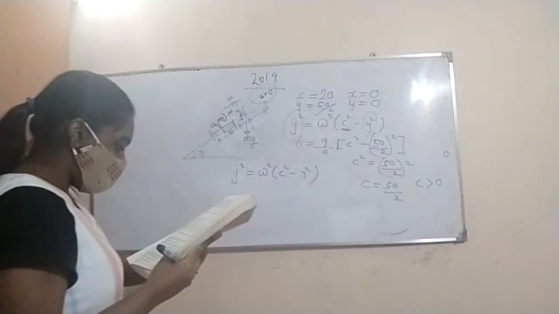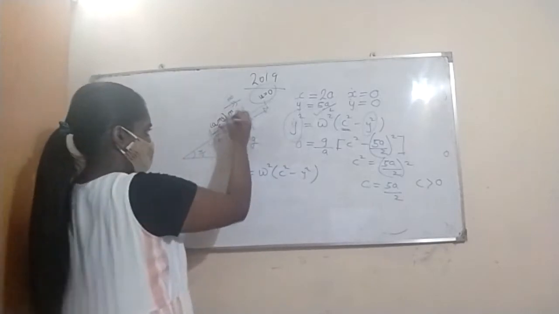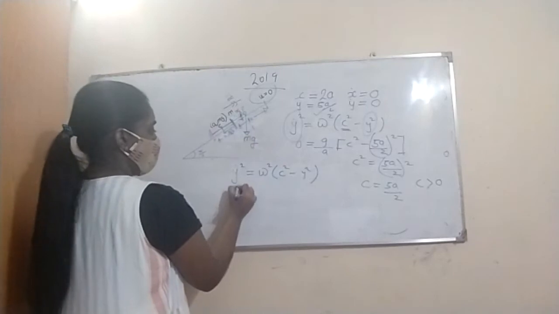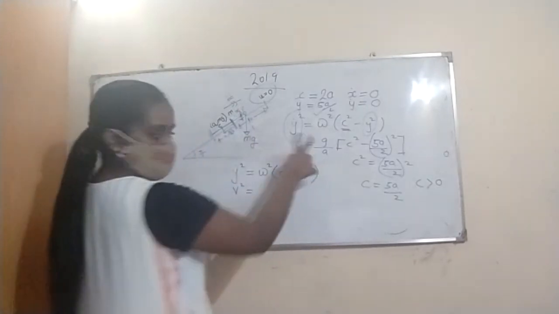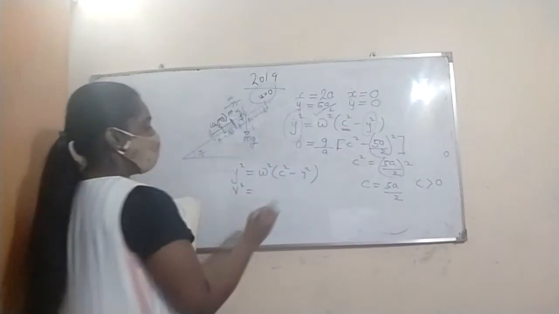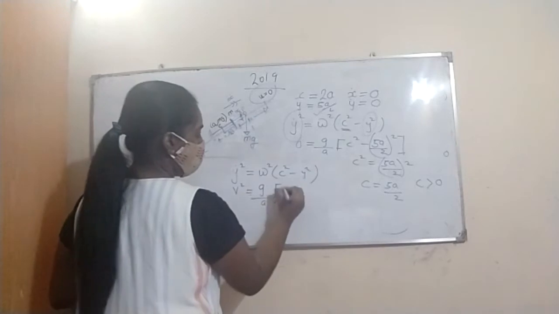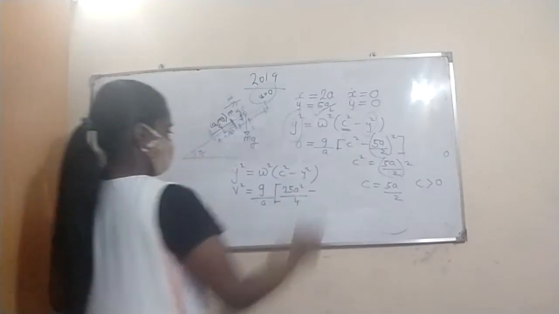So what is it asking? Find the velocity of P when it reaches A. I don't know the velocity, so let the velocity be some V. So V squared is equal to omega squared. Omega is the square root of g over a, then omega squared is equal to g over a. So the amplitude we know, 25a squared by 4, minus